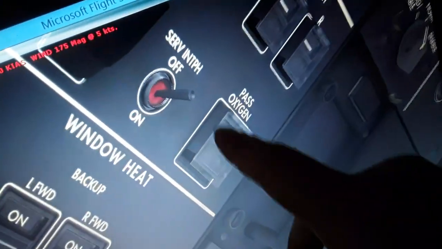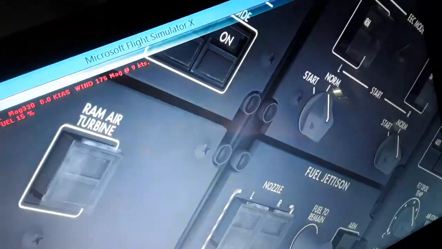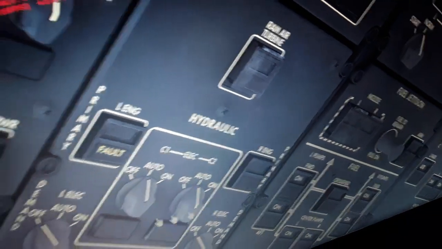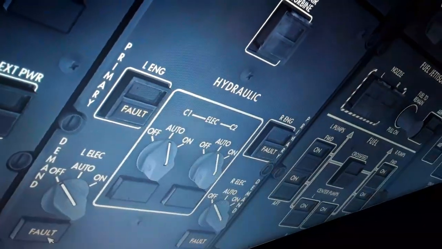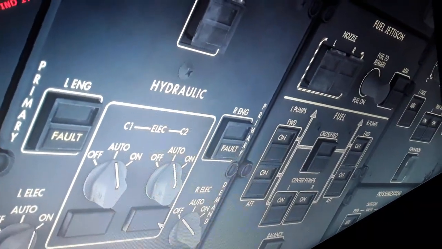Battery, down power, passenger oxygen over here, flight deck door over here, as you can see, window heat, ram air turbine, backup hydraulic and hydraulic pumps, left and right engine driving. You can see the faults are displayed when we turn off. So we turn back on and then to the auto position,